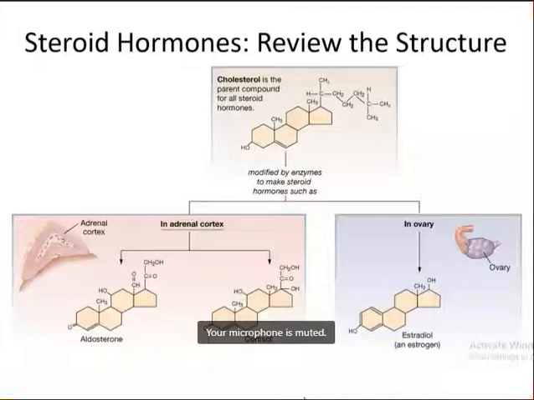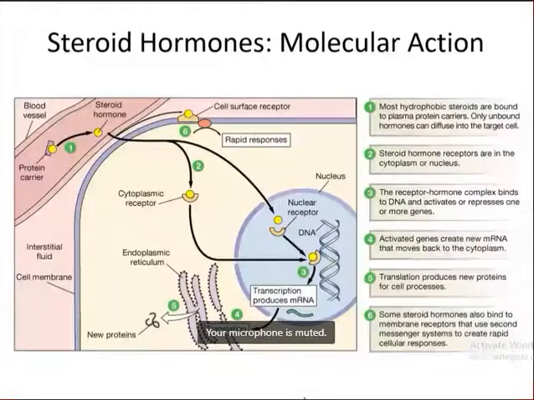Now, how do steroid hormones act? I am repeating. Steroid hormones come from the blood circulation and go directly in. There is no cell surface receptor. Some have a cytoplasmic receptor, some have a nuclear receptor. Then they go to the DNA and bind to the hormone response element, and there is transcription producing messenger RNA and protein synthesis; new proteins are formed.